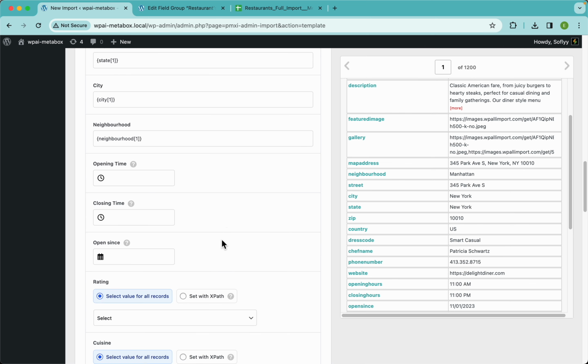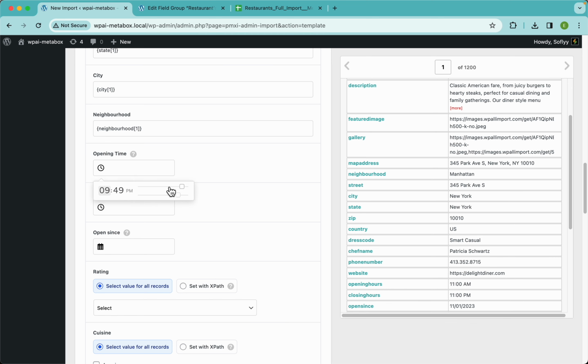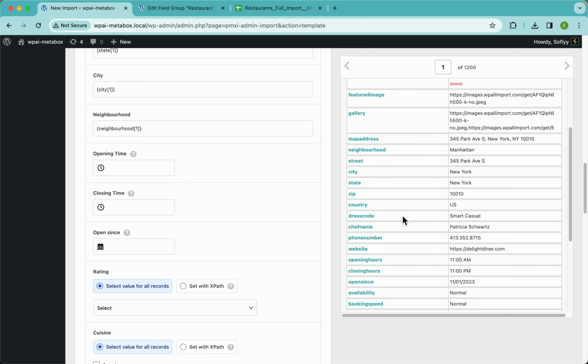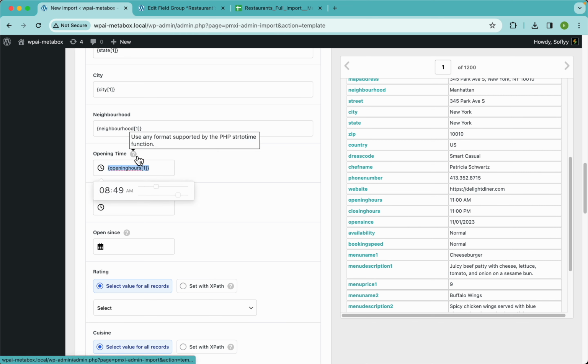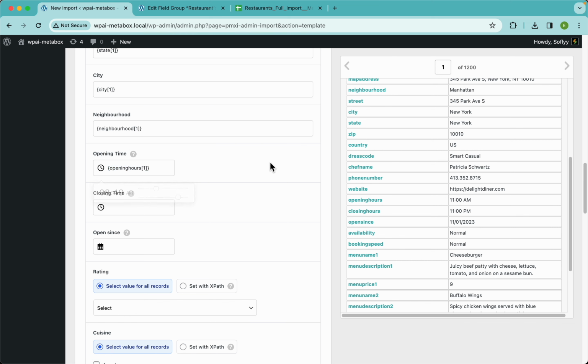Cool. Now guys, here for the opening time, you can select a value from here, but that will mean that all 1200 restaurants will have the same one. And we do have a value for the opening time here, so I'm going to drag and drop that. And WPL import will use the str2time function to translate whatever time format you have into something that's readable by MetaBox. Now I'm going to do the same with the closing time,